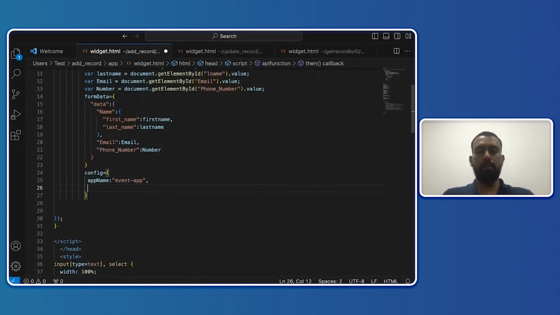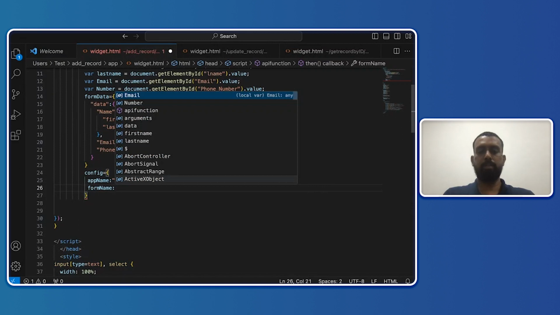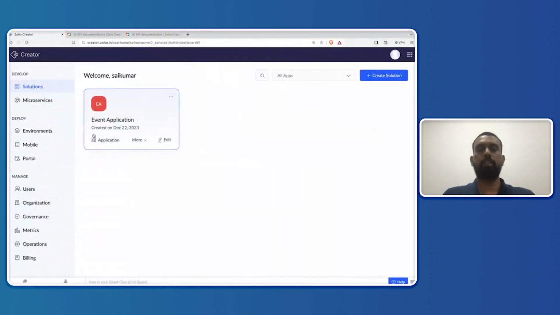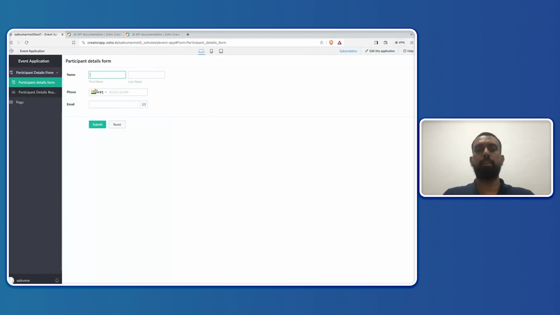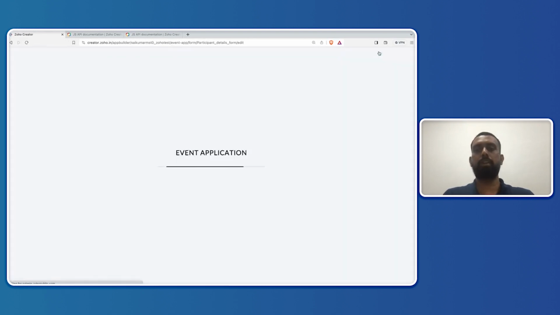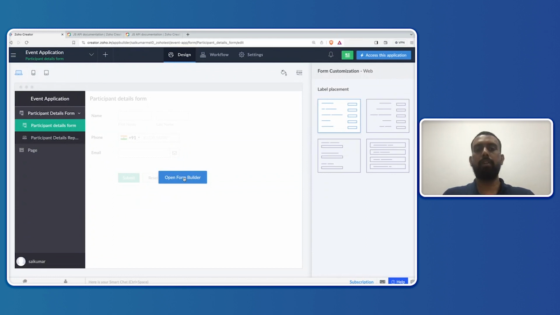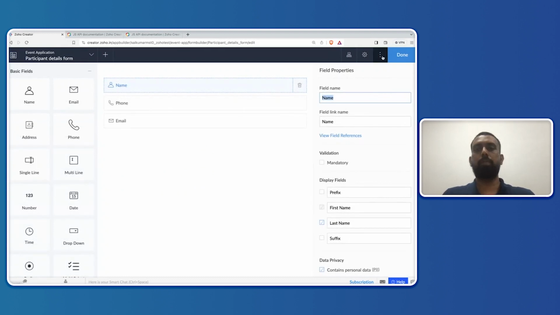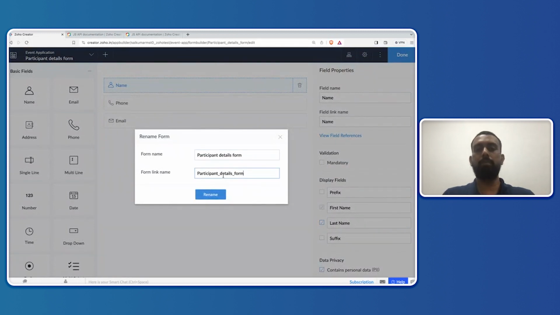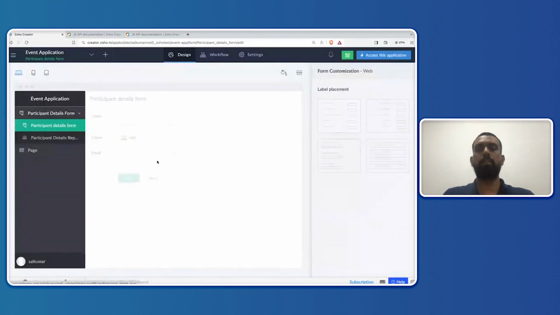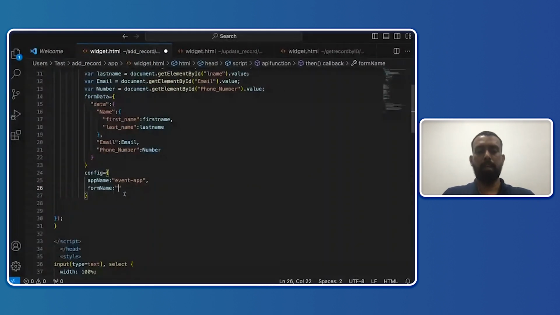Now I need to enter the form name. For this, I'll get into the application. I'll edit the application in the top right corner, and I'll open the form builder after I hover the mouse pointer in the middle. In the top right corner, I have 3 dots. I'll click on the 3 dots, click on rename, and this is the form link name that I'd be using. I'll copy this, click on done, and I'll paste it over here. Use a comma,